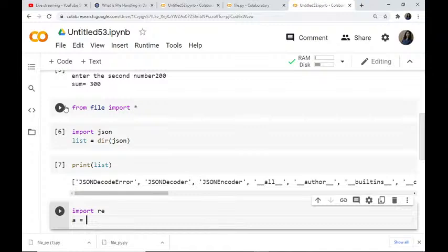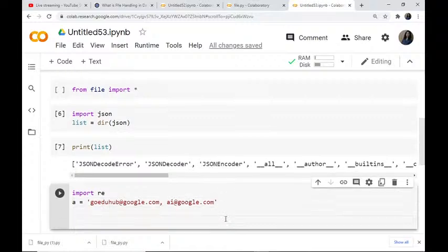Like go edu hub at the rate google.com, one email ID, and I can say AI at the rate google.com. Then I just want to find all the email addresses from this a. So I can write here emails